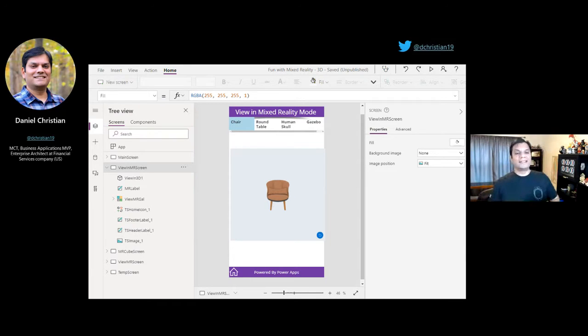What I've done in this example is show a chair, and with that control, you can go in and take a look at the chair. I can swipe it up, swipe it down, left and right, and get the full 3D effect of it. But once I got comfortable with that, I was able to take that into the mixed reality mode, and that's where the next slide comes in. I'm actually going to show you a video of this demo.